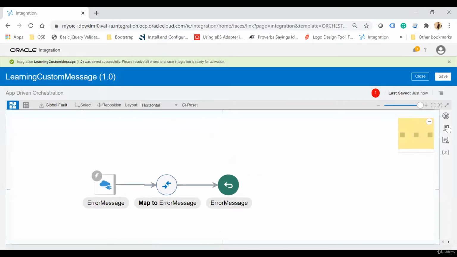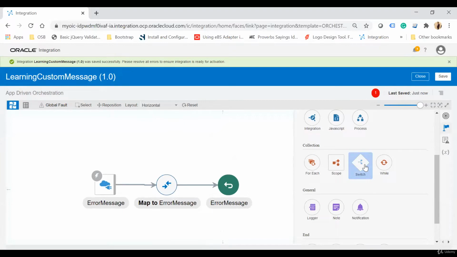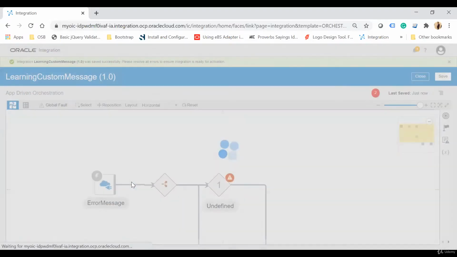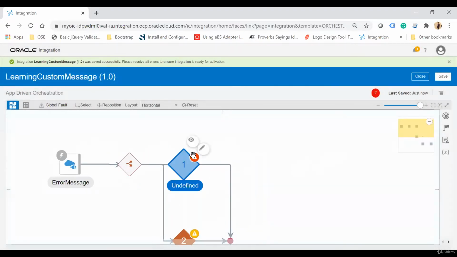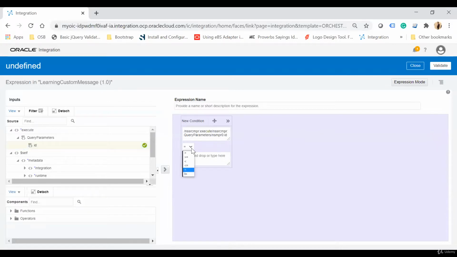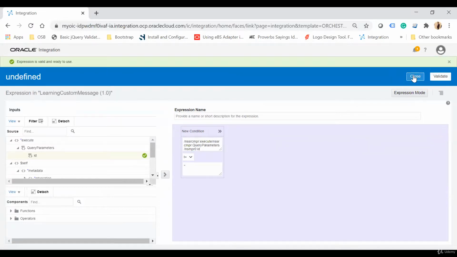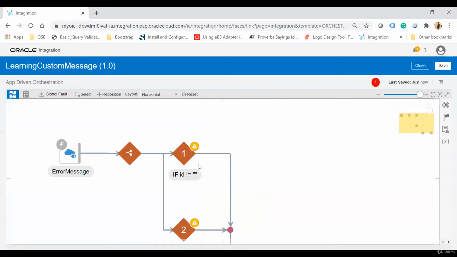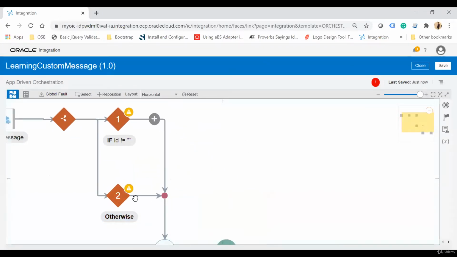Let me change the vertical for layout. So here I will make a switch block which will be used to check the condition, and on this I will check this ID. If this ID is not equal to null, not equal to blank, then I want to make a call here. Otherwise I want to send a 400 bad request error. So for this, what I will do,